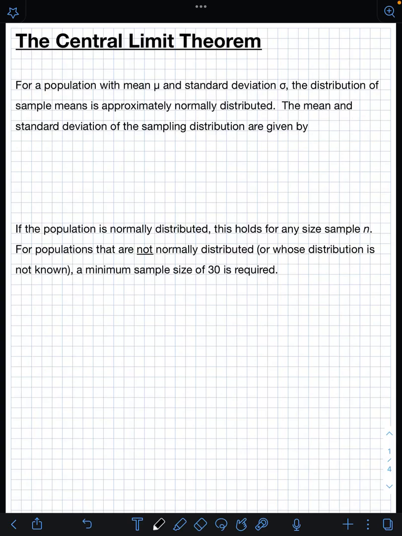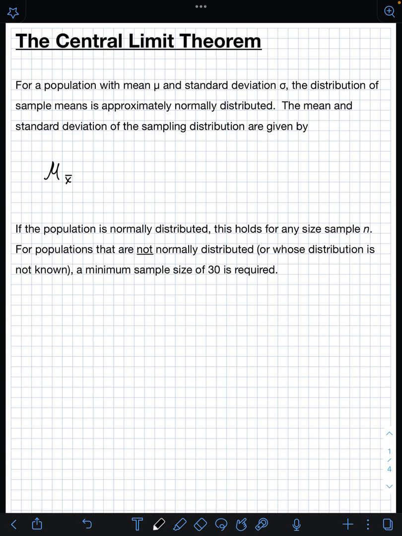So we've seen a simulation of sampling distribution now, so we're ready to talk about the central limit theorem. The central limit theorem itself states that for a population with mean mu and standard deviation sigma, the distribution of sample means is approximately normally distributed. And the mean and standard deviation of that sampling distribution are given by